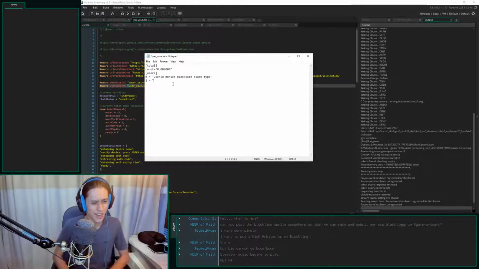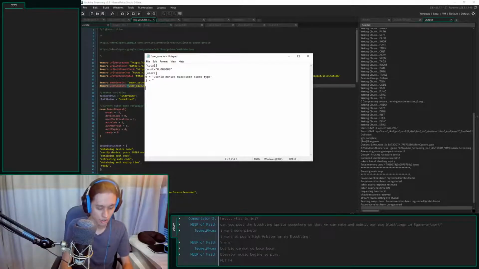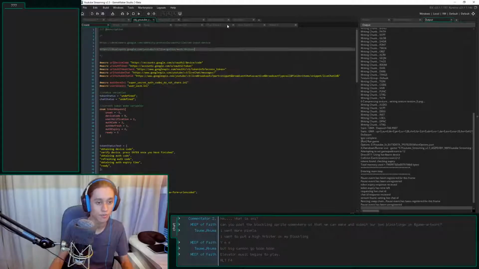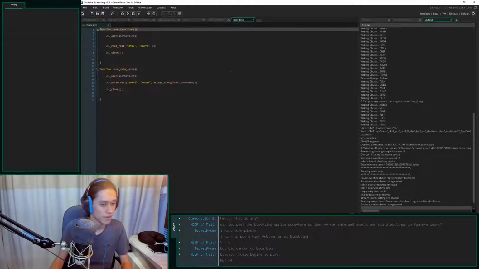At this point, I think I do want to create a user data structure, which would hold the user ID. It would also hold the username. It would hold the money it has. It would hold the skin. It would hold everything about the user. That way it will make it easier for me to save and easier for me to load, stuff like that. So let's get rid of you for now, and let's work on the user data structure. So what do we have?